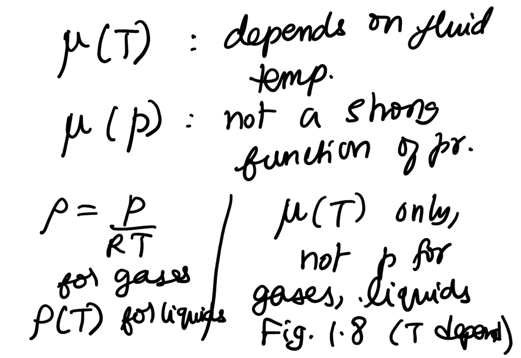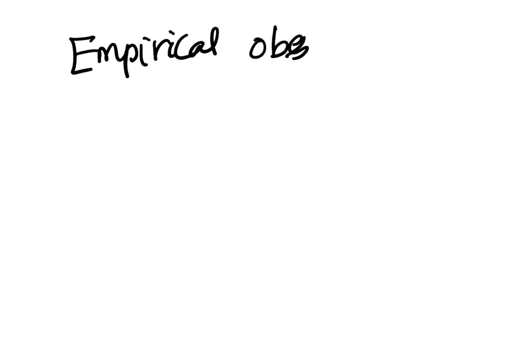Okay, temperature dependence. The temperature dependence of viscosity is usually expressed in the form of an empirical relation. The word empirical means something that was found out in the lab by repeated experimentation and statistical analysis and has no reasonable physical basis to be true. Empirical observation